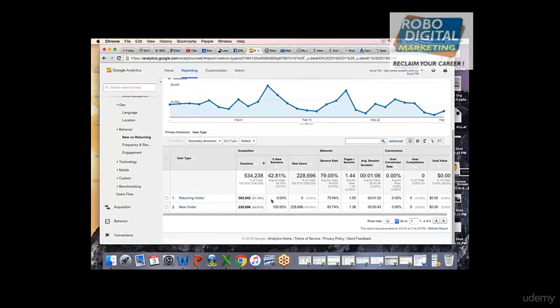You are retaining a good amount of visitors. If we see, 57% of the audience which you are getting is retained, that means your website is giving valuable content. That's why people are coming again and again to your website. But this number, we have to reduce it, right? Like you were saying, this bounce rate is quite high. Yes. You have to give them different activities on the page so that you can have a better